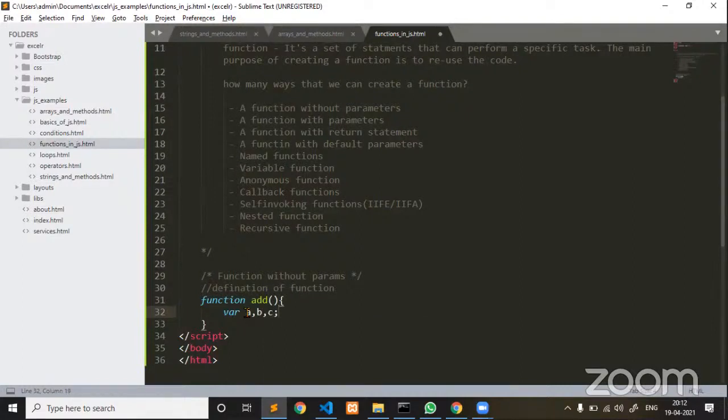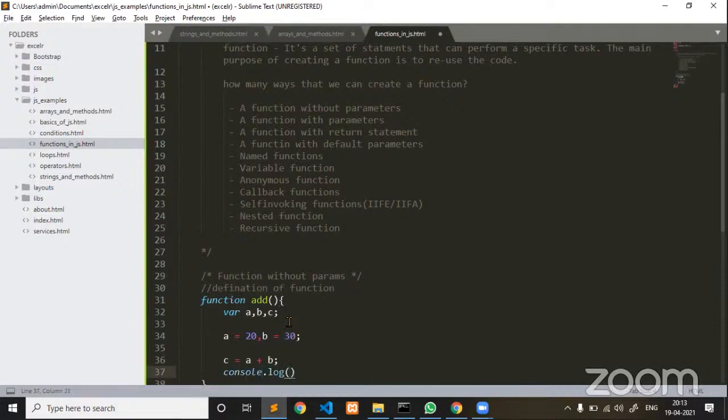Every variable that we are declaring here, I'm going to assign values. a is equal to 20, b is equal to 30. This is the proper indentation that I'm using. At last, for the c value, I'm writing the logic: c is equal to a plus b. Now let me print the result.